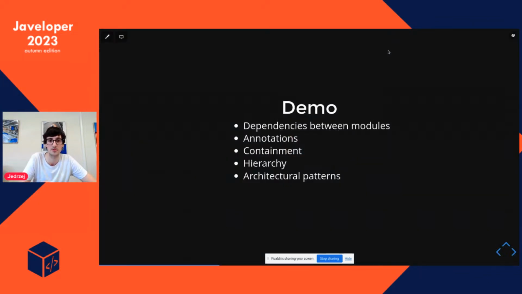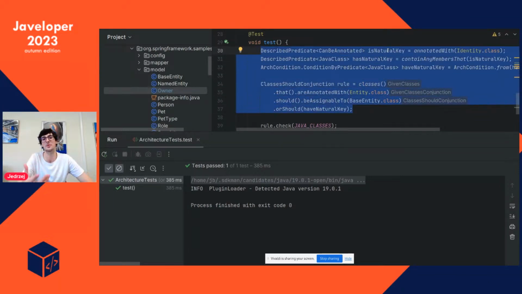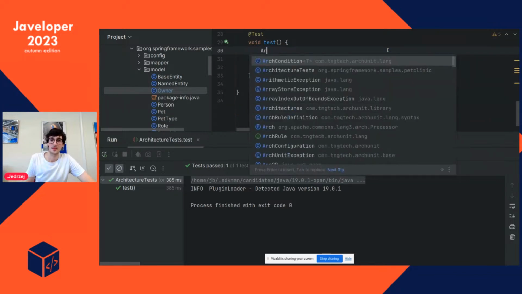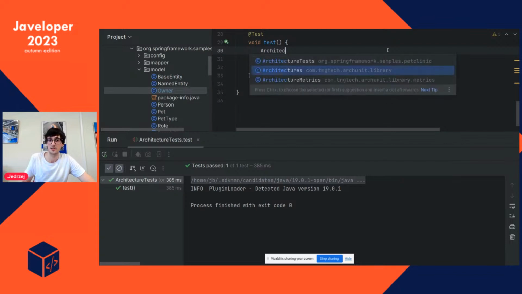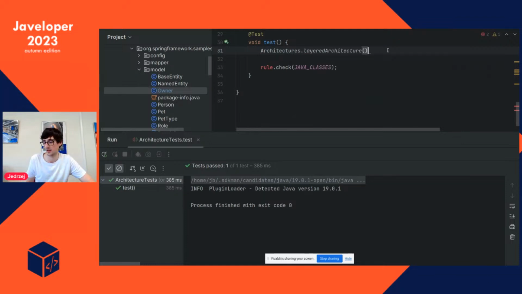Okay, and the last thing that I wanted to show you is how to assert some architectural patterns. I know this is what we've been doing most of the time right now, but there are some architectural styles that are very well known, and everyone knows them, right? ArchUnit comes with this architectures class, which has, right now, only layered architecture and onion architecture, but those are very useful in writing assertions about this kind of architecture. It's simply syntax sugar for what we could have achieved using other tools that I have already shown you. This is just a nicer way